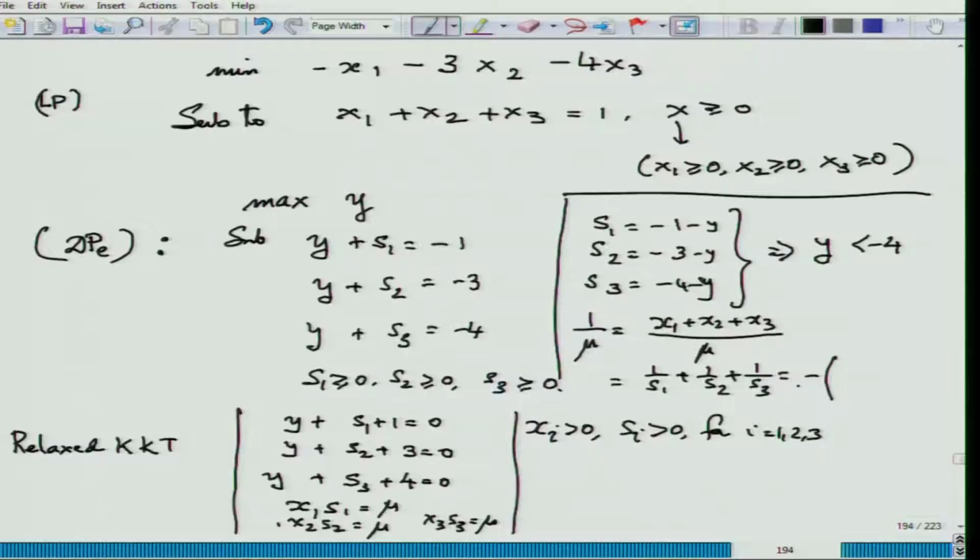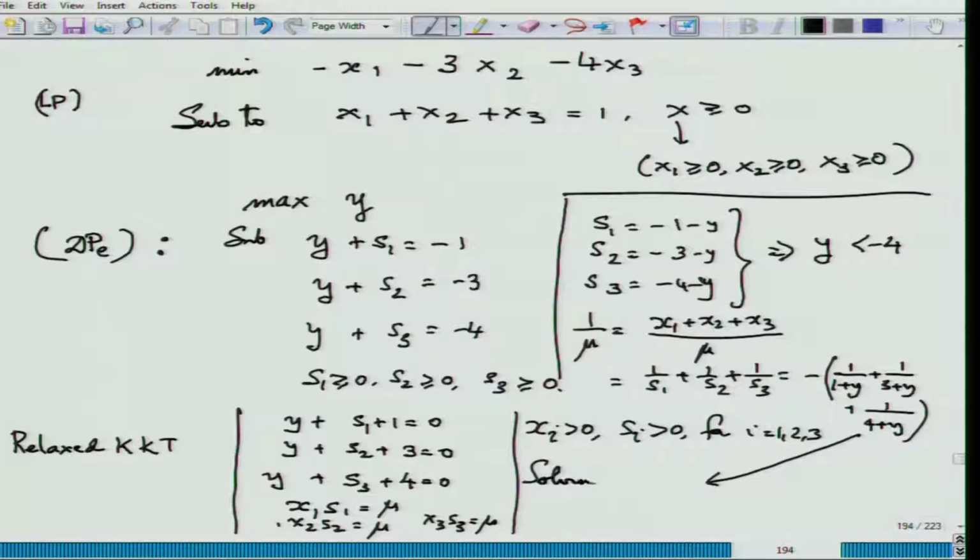But what is s mu? It is equal to 1 by x mu, that is all. So, mu is actually given to me. So, this is, it is the cubic equation that you will have. So, you can solve the cubic equation by the usual Cardano's method or some other standard algebraic method. You solve the cubic equation, and